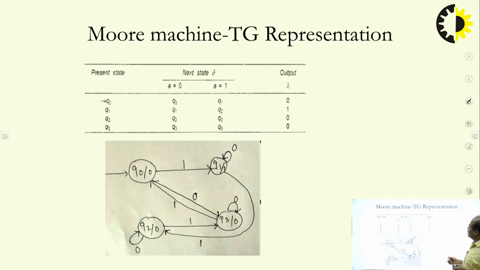So another representation is transition graph representation. Look at here, Q0, 0, you are reaching Q3, yes, you are reaching Q3 here, and output is 0. So output we are writing here, this is the output. And now Q0, 1 you are reaching Q1 here, still output remains the same. Output is corresponding to the present state. So this is transition graph representation. Look at here, Q1, 0, you are remaining at Q1, 1 is Q2, but corresponding output is written over here